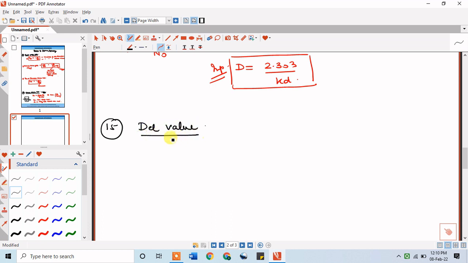We are talking about del value. Del value is telling us about the required degree of sterilization. Now if I try and write down the del value, अगर मैं इसके वैल्यू को लिखने की कोशिश करूं, so del total